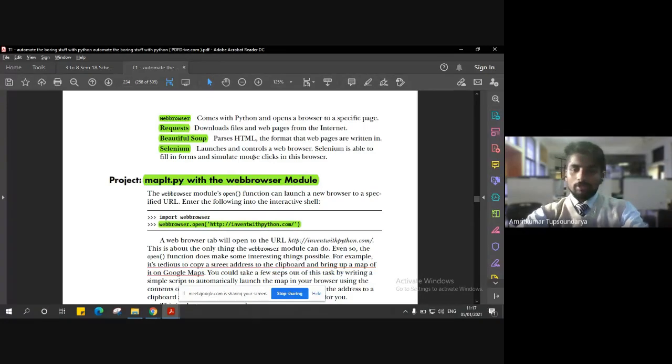As and when we proceed, we'll be dealing with them more, and in depth we'll be looking to understand these modules and what different features we can create out of them. So first module, let's say webbrowser. Using this webbrowser module, what we are going to do here is map some addresses. We are going to use this module and automate